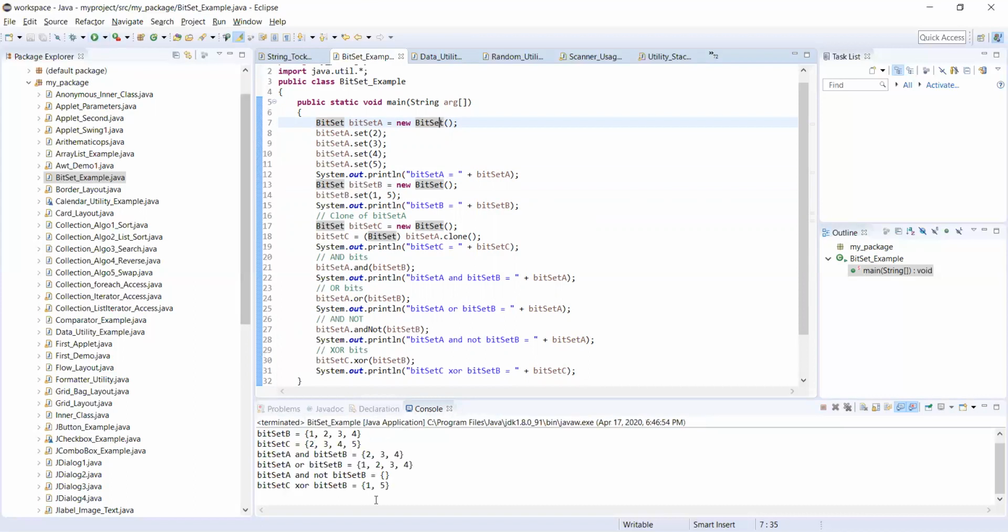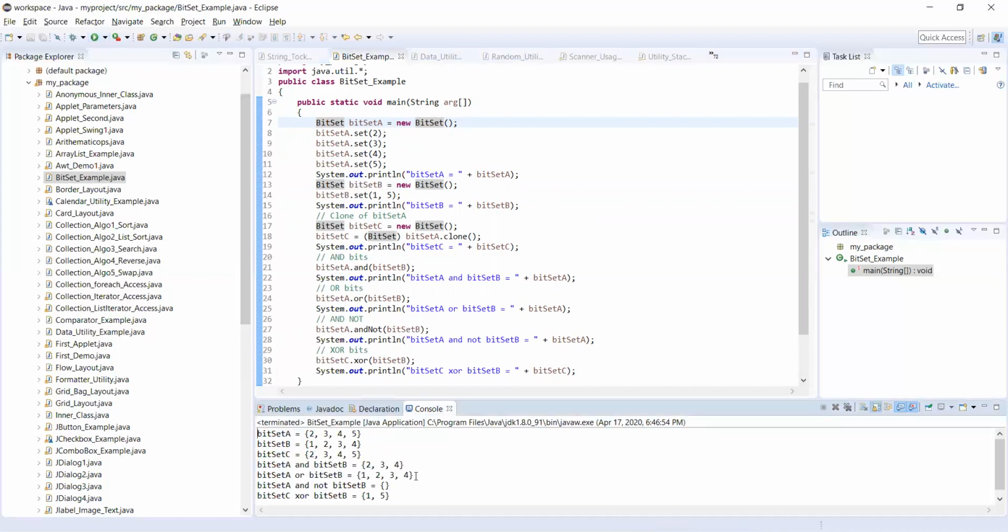Let us run this. So here we have created bitSetA with 2 3 4 5, and bitSetB with 1 2 3 4, and thereafter C with 2 3 4 5. Accordingly, whatever numbers we had given, like that we have taken. And for bitSetA and bitSetB, the combination, okay, it is the OR.